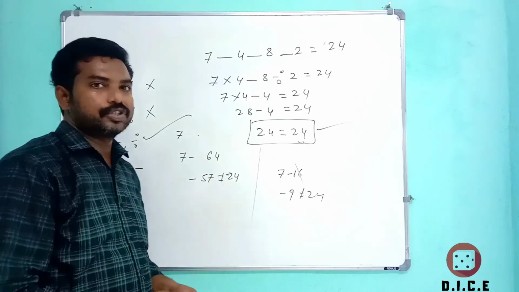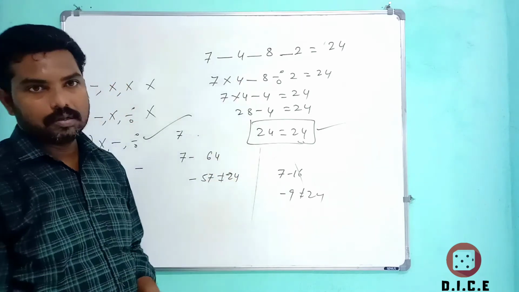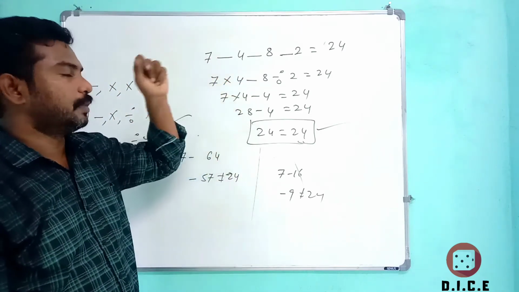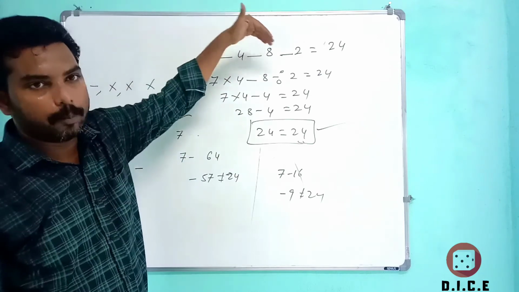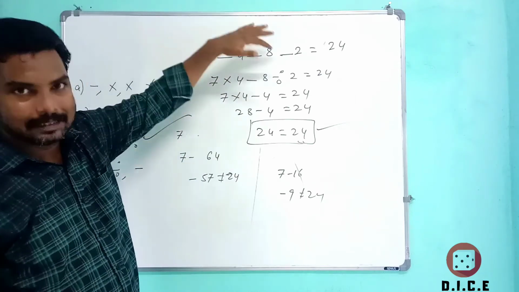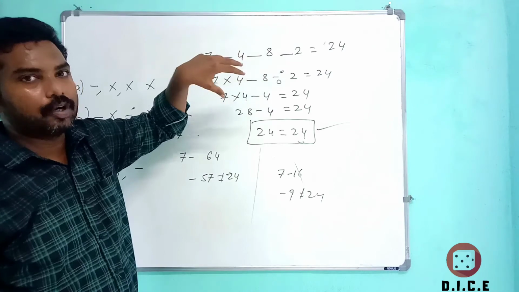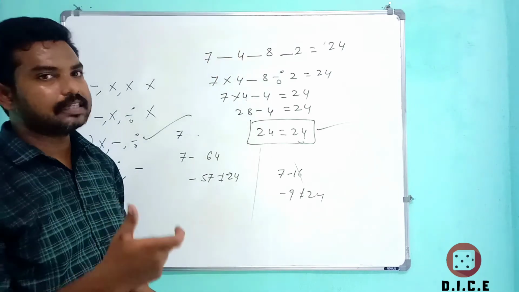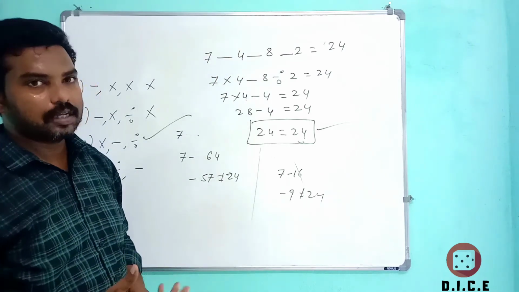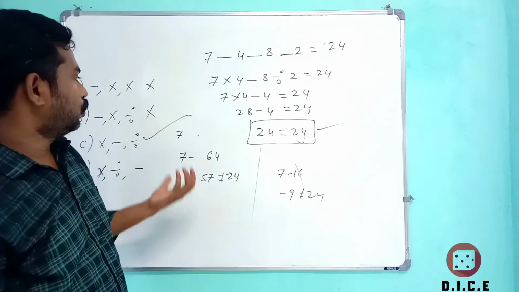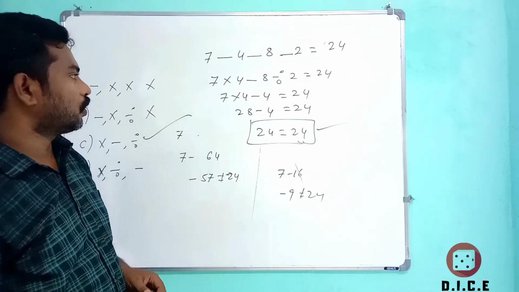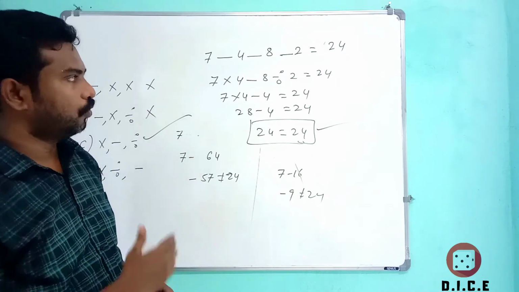In contrast to the previous questions, we cannot directly insert the signs here, because it is the case of 3 blanks. Without doing that particular thing we cannot say. In some questions we can see directly, but in some questions we cannot say. That was the reason I took from the options. So A and B are not your answer, so option C is your answer. 24 is equal to 24.